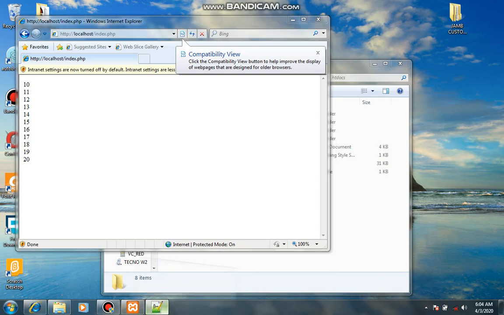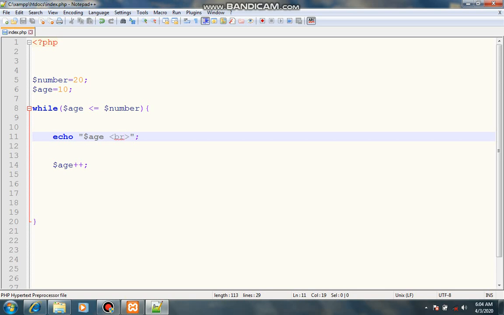So this is how you do a while loop in PHP. While number, so number is 20, and age is 10, while age is less than the number